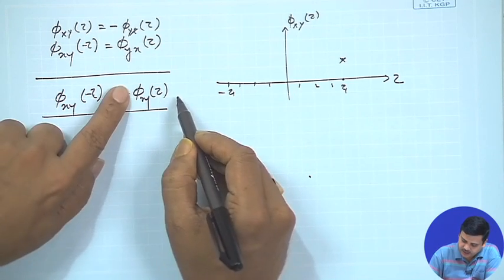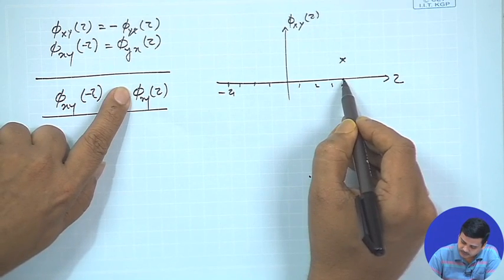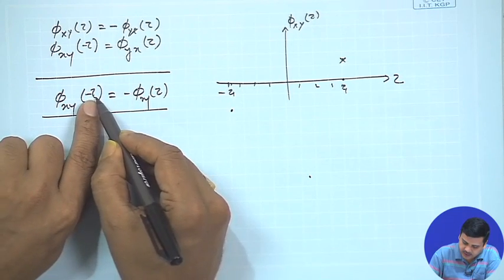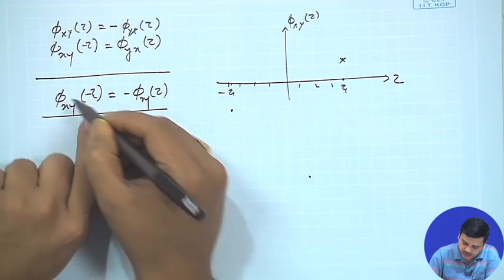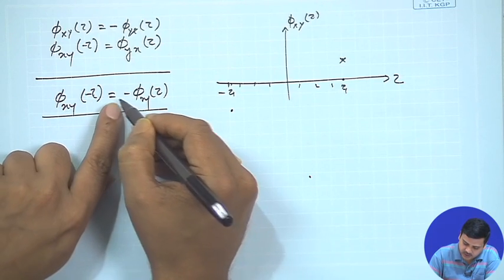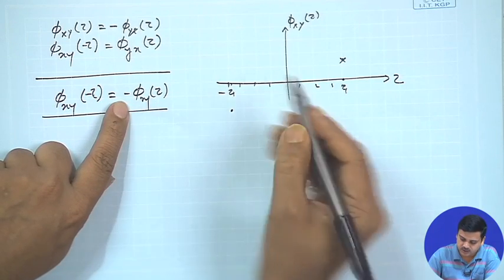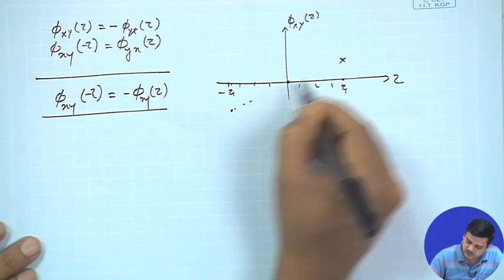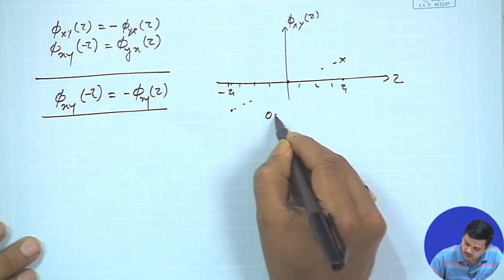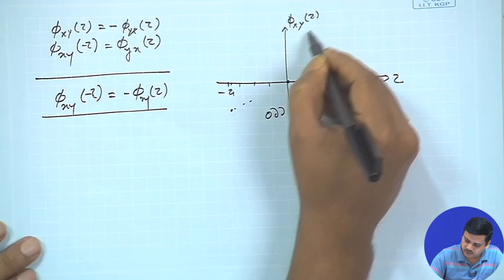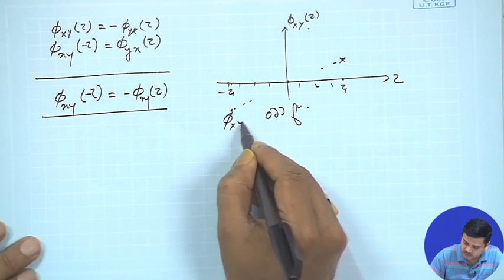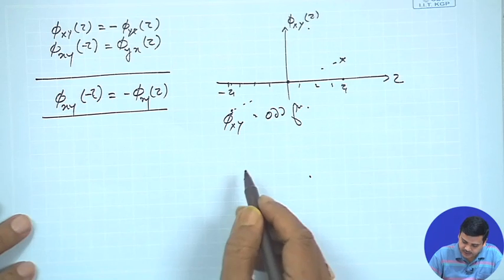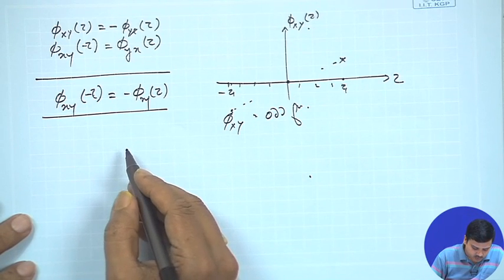So, basically you are going to get phi x y of tau with a negative sign. If you let tau equal 0, you get phi x y of 0 is equal to 0. That means if you look at this, phi x y is an odd function, right. It is an odd function, that is what we get, and for an odd function what it would mean is that